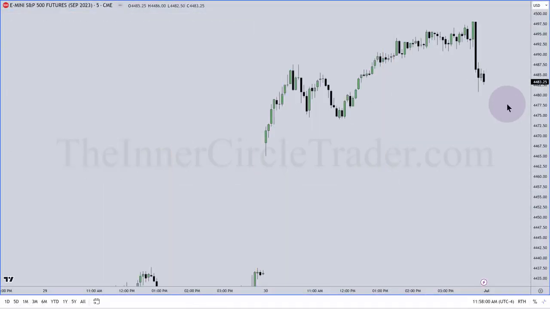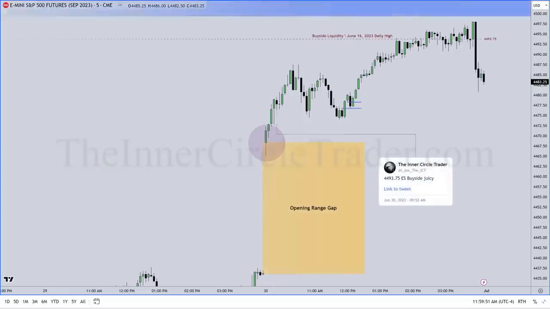All right, so here is the 5-minute chart on ES, and I'm showing it in regular trading hours. That way we're showing that gap right here. So this is where we settled on Thursday and where we opened up at 9:30 on Friday's trading, regular trading hours. So if we add the details in here, I sent a tweet out on June 30th, 2023 at 9:52